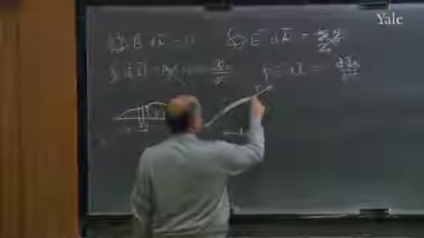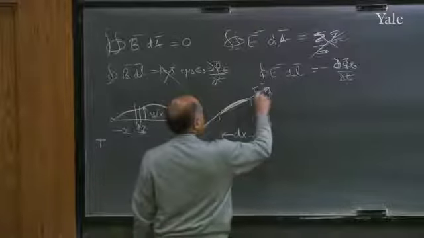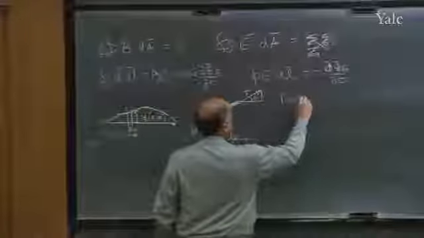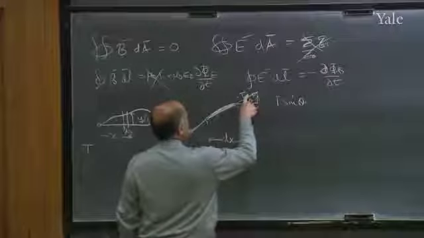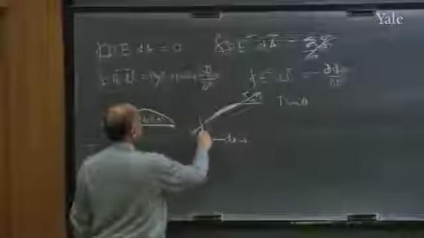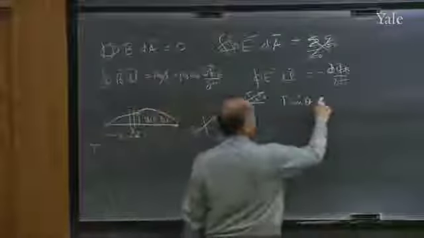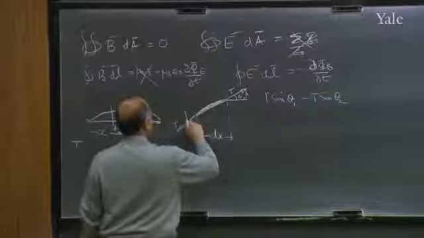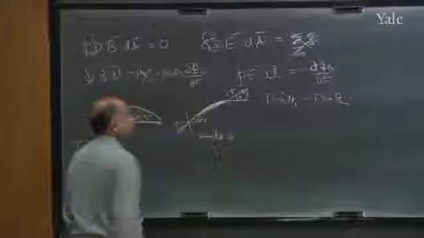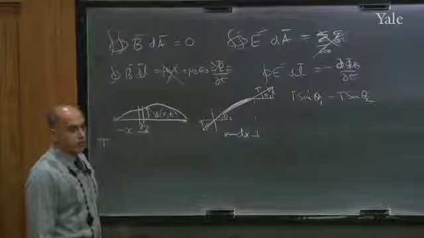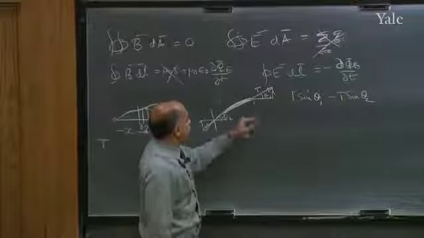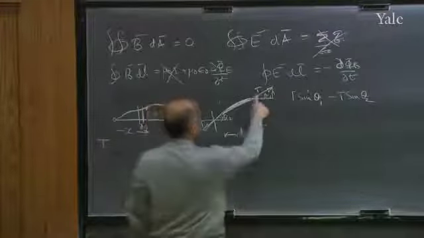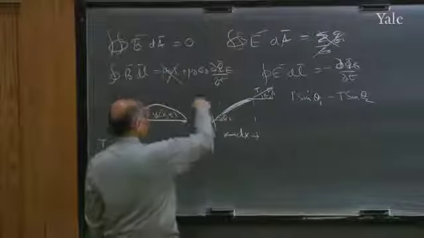So let's take that force and write its vertical part. If this angle is theta, T times sine theta is the force here, minus T times, because T is pointing the opposite way, minus T times sine theta 2. Let me call this theta 1, and let me call theta 2 the angle you have here. You understand? The vertical forces restoring the string to where it was is what I'm focused on. So you resolve that force into a vertical part up, and this one has a vertical part down.